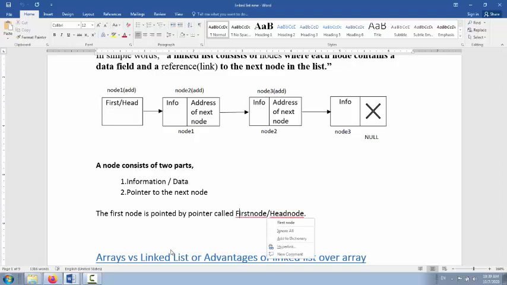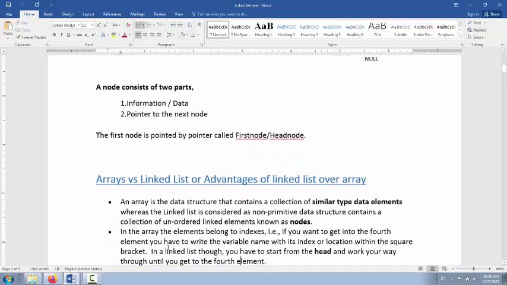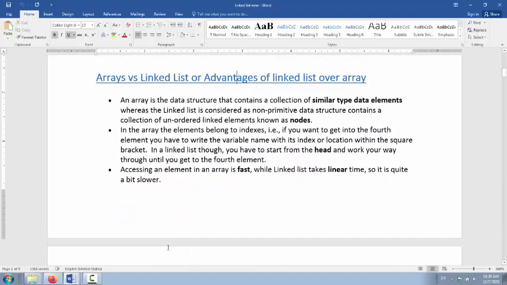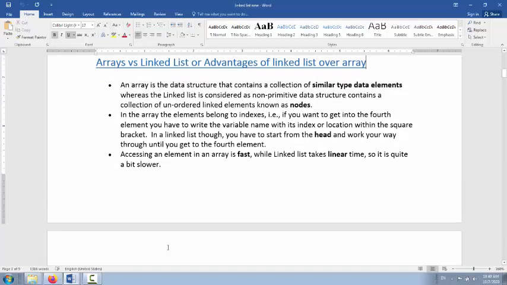Now let us see the difference between array versus linked list, or we can say the advantages of the linked list over the array. In an array, it is a data structure that contains a collection of similar data type elements, whereas the linked list is considered a non-primitive data structure that contains a collection of unordered linked elements known as nodes. In simple words, in an array we have the same data type of elements.